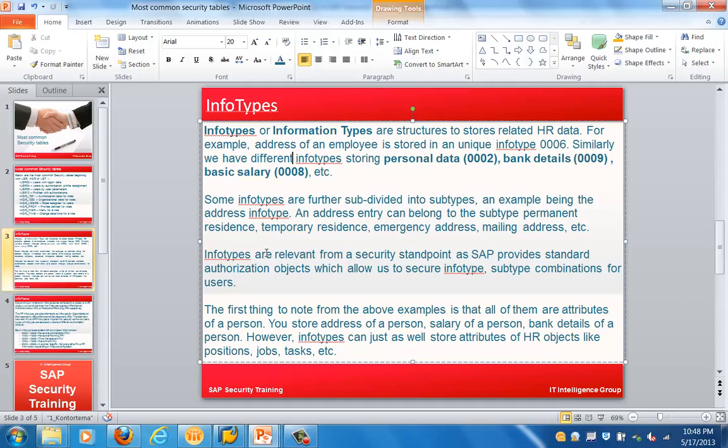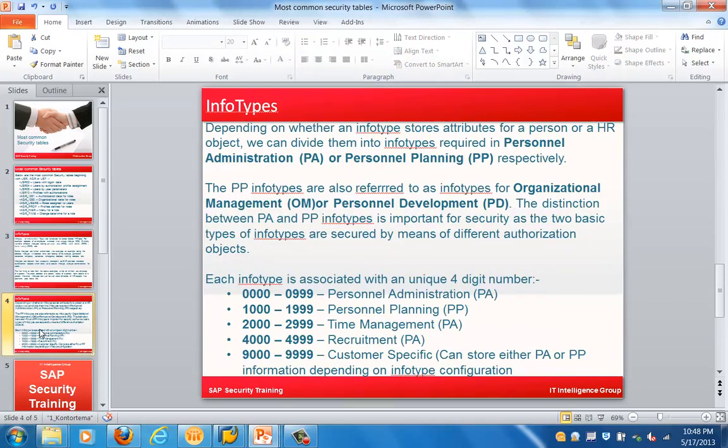So basically this is about the different types of HR data which is stored in the info type. Let's see the next aspect. Depending on the type of data stored for the person or for the HR object, we can divide them into two different info types. Basically, first is the personal administration, that is attributes of a